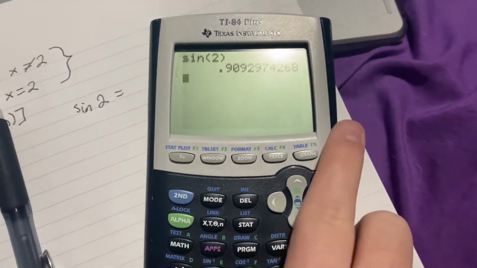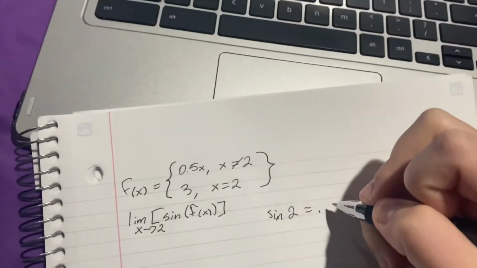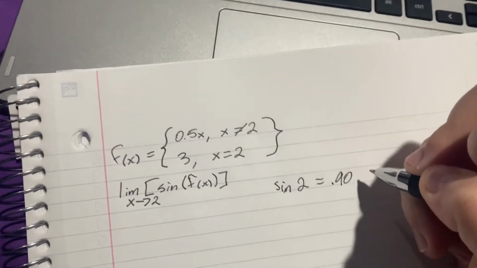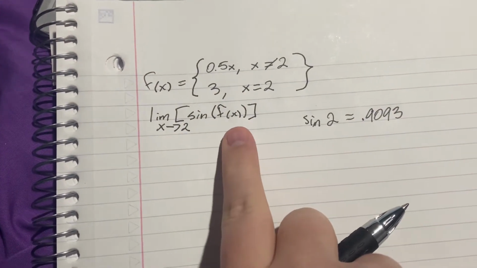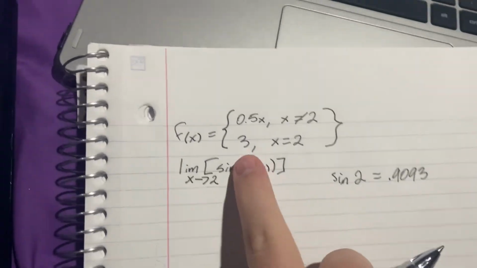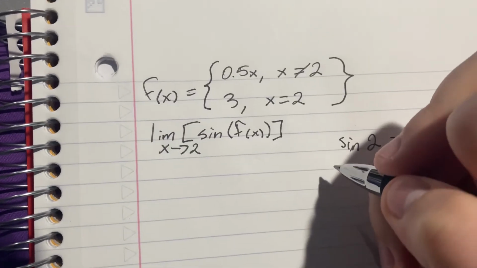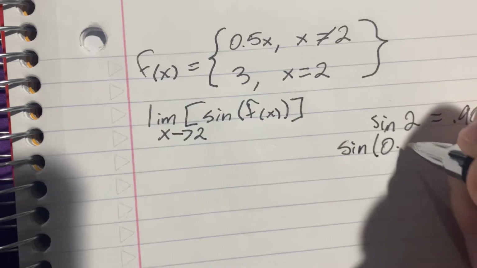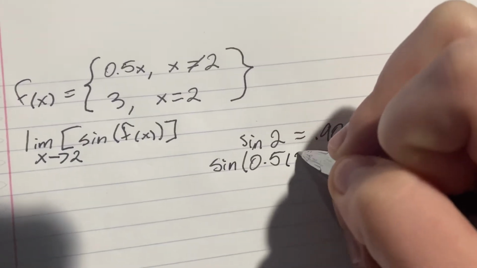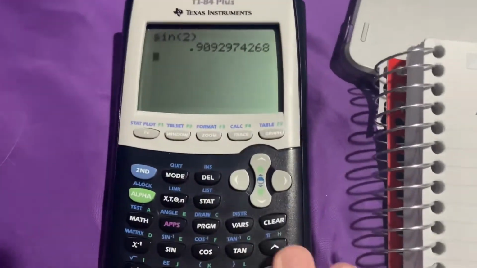So that is 0.9093. So we're going to write that in here. And then we're also going to plug in the 2 for the 0.5. So we're going to go ahead and do the sine of 0.5 times 2. And that is going to end up being